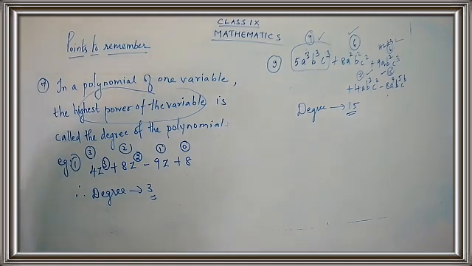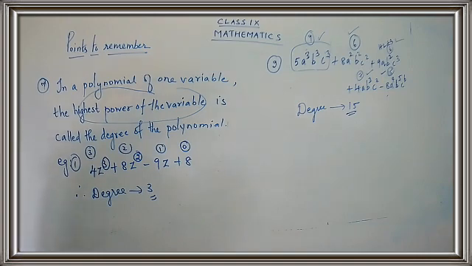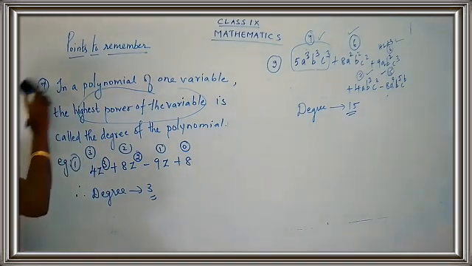Okay, children? Now we have two more points, children. After writing two more points, we will continue with our exercise. Okay, children? So, write on the next heading as types of polynomials. So you have two types. We are going to learn two different types. One is based on the number of terms and one is based on the degree. So we'll be learning these two and then we will continue with our exercise. Okay. This was the seventh point. Let's stay on the eighth point now here.